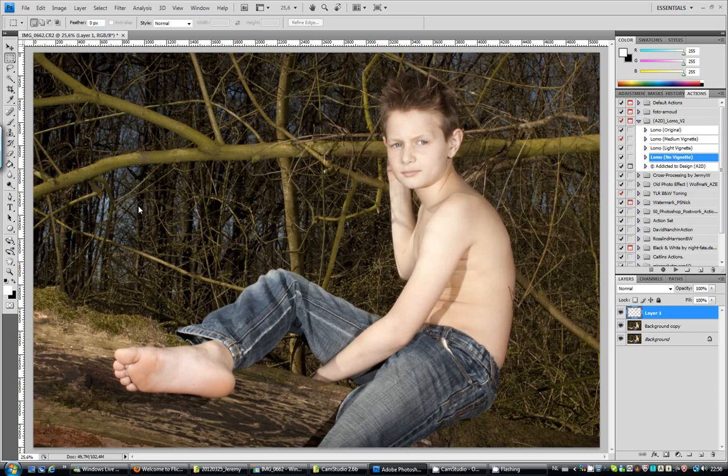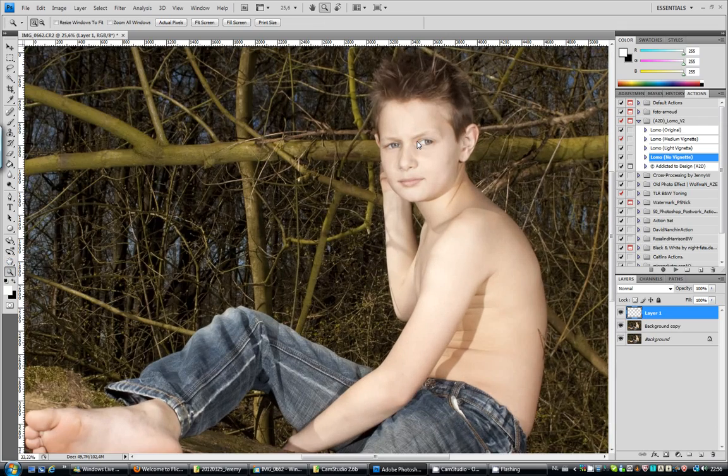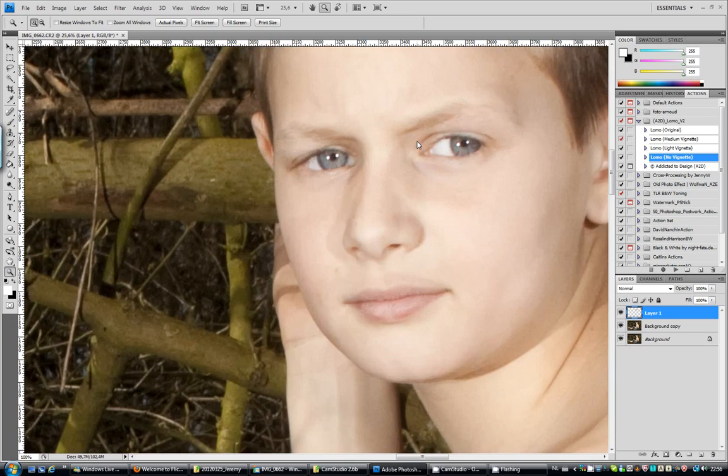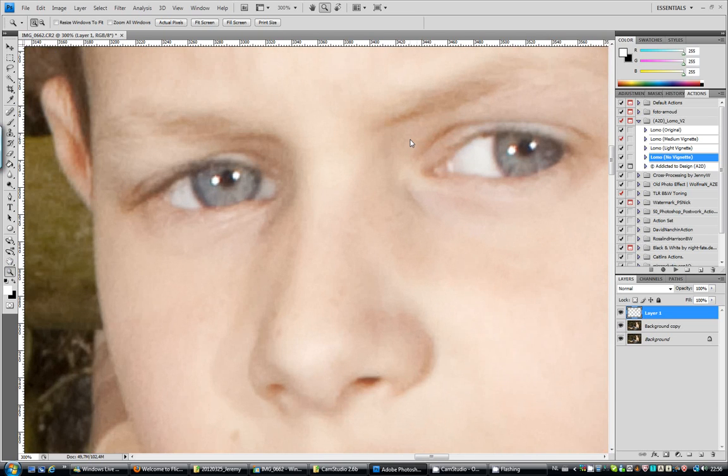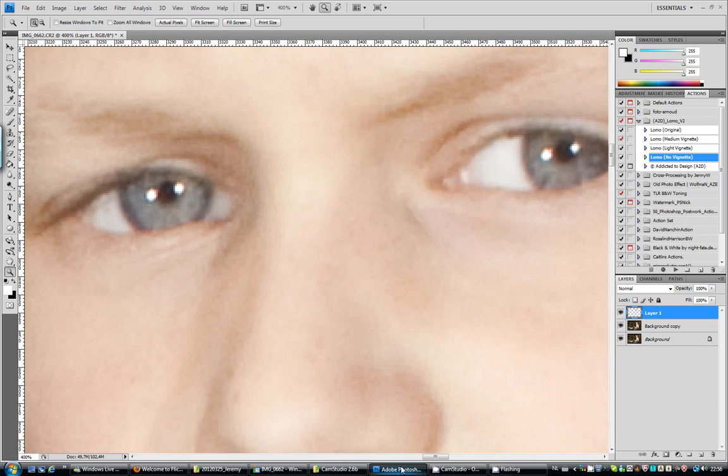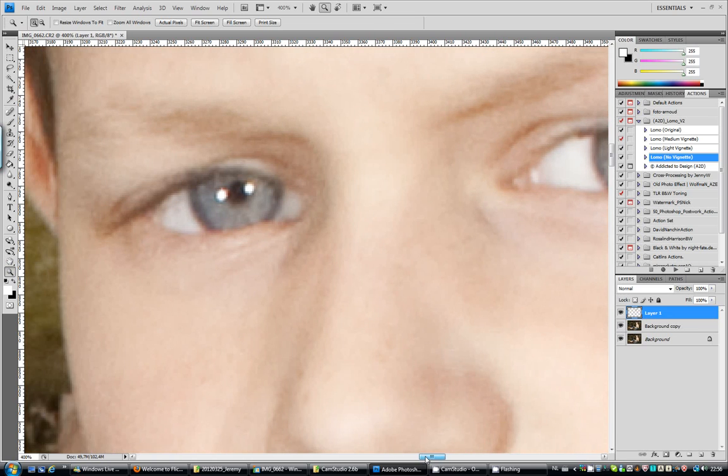Okay, zoom in on the eyes now, because we're going to do some detailed work on the eyes. The eyes are nice and bright, so that just shows that the white balance is fine in the image. Okay, here we go. Small trick. Let's start with the dodge tool. Make sure, and I hope you can see my cursor because it's not working. Basically, the size of the cursor should be